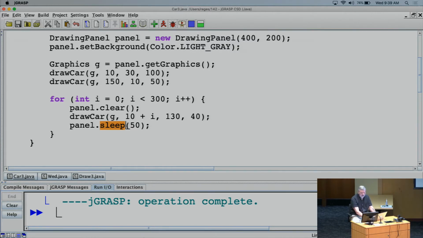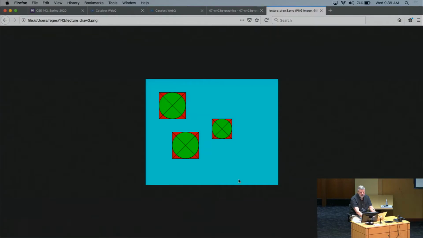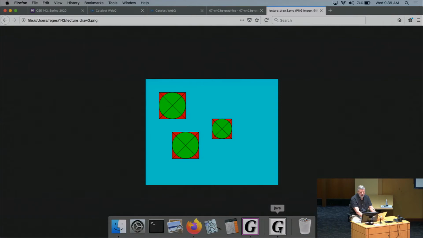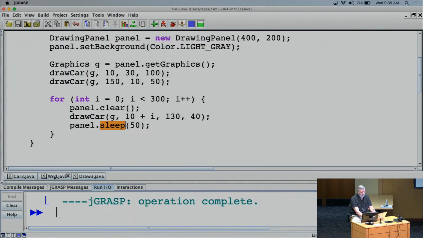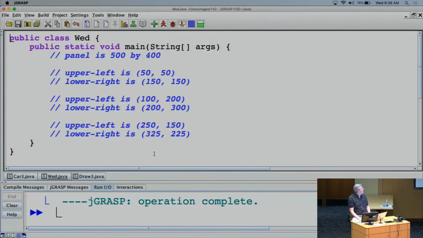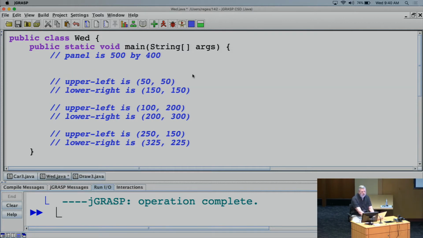Okay. So let me switch to our main example. As I said, this is what we're going to want to do, we're drawing 3 different figures here. And let me come over here. I have a file set up for us to do this. And I put some comments in here just to remind me of various numbers that are involved here. You'll see the assignment write-up has tons of numbers that tell you the positions of things, the sizes of things. So we're going to be very clear about specifying exactly what it is we want you to draw, where, how big, and so forth. So the first little comment here reminds me that I want a drawing panel that's 500